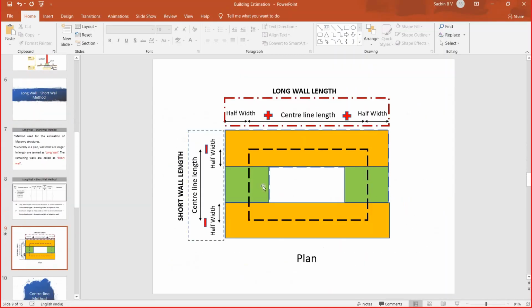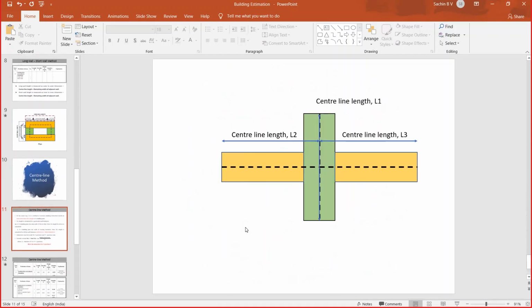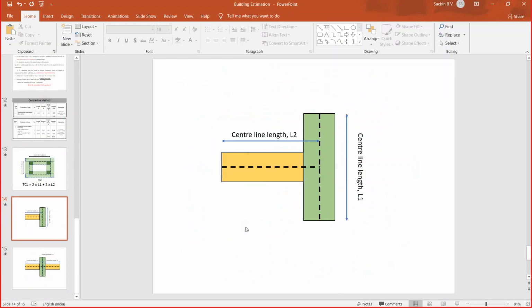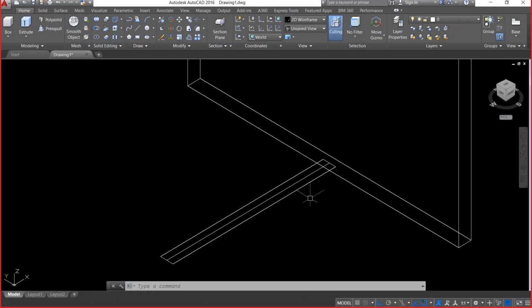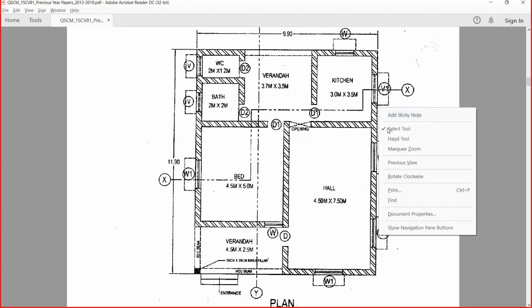Yeah, here. Total center line length plus half width plus half width. In order to do the deduction, total center line length minus half width, right? That is what we have done. But in the center line method, because I have already calculated the total length, I'll come back here. I'll start to draw.